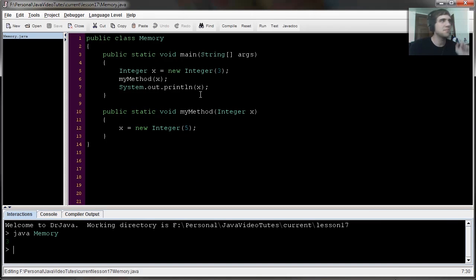It still prints out 3, but what exactly is going on? The way objects work in Java is, like I said, your primitive types are stored on the stack. Object types are stored on the heap. But all of your variables are stored on the stack. What does that mean? This variable